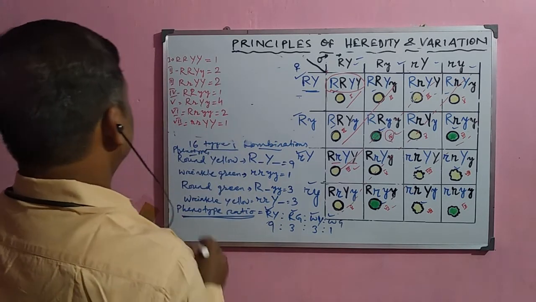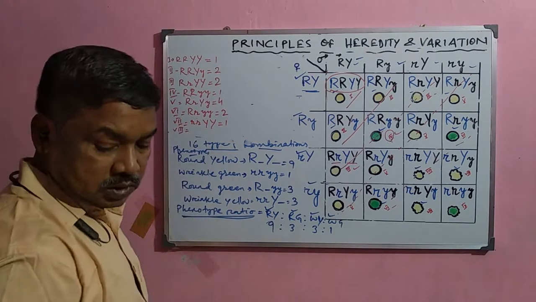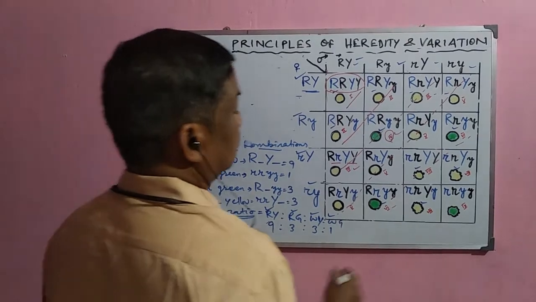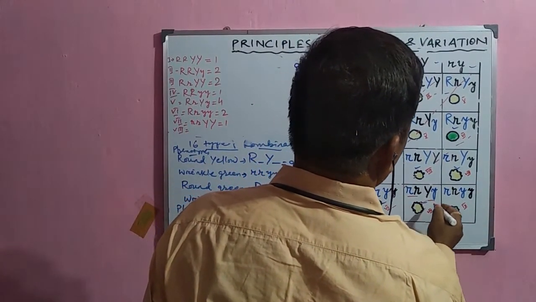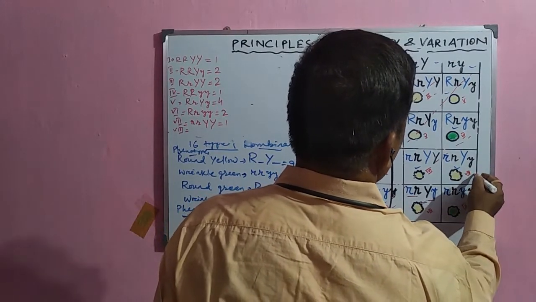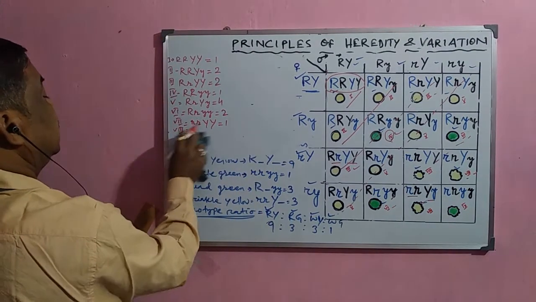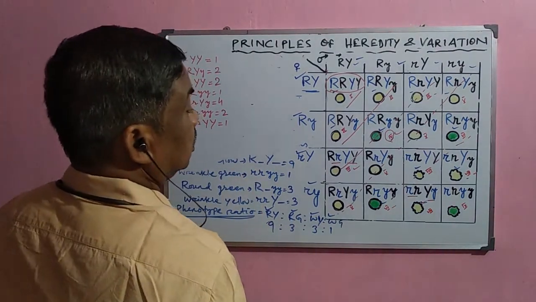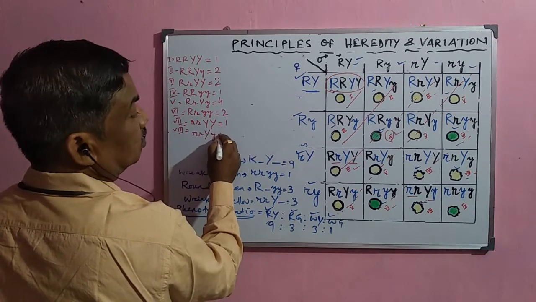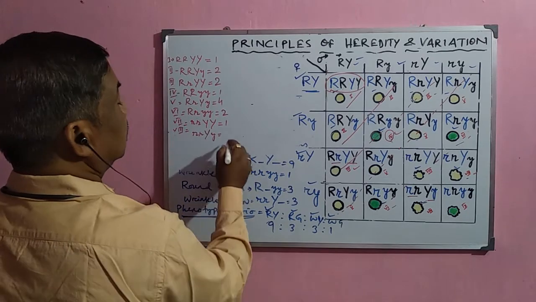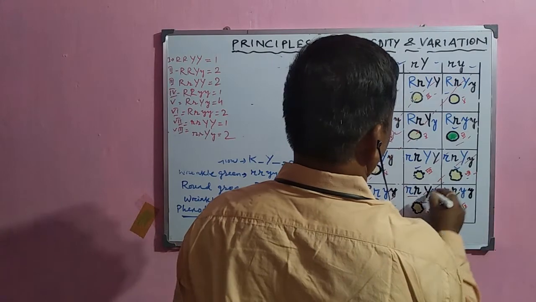Now last but one, that is the eighth type. So eighth type, look at here, these are wrinkle and yellow type, that is small r, capital Y, small r, capital Y, small y. So these are the eighth type of genotype, that is small r, capital Y, small y. Okay. And these are having 2. Look at this diagonal, and here these are 2.